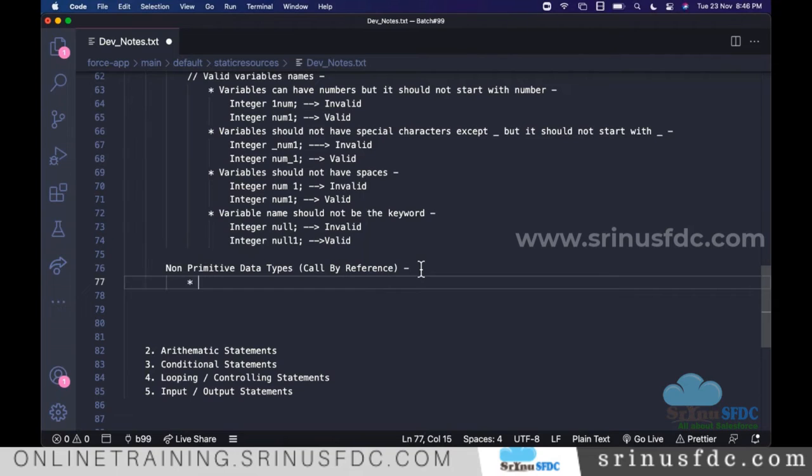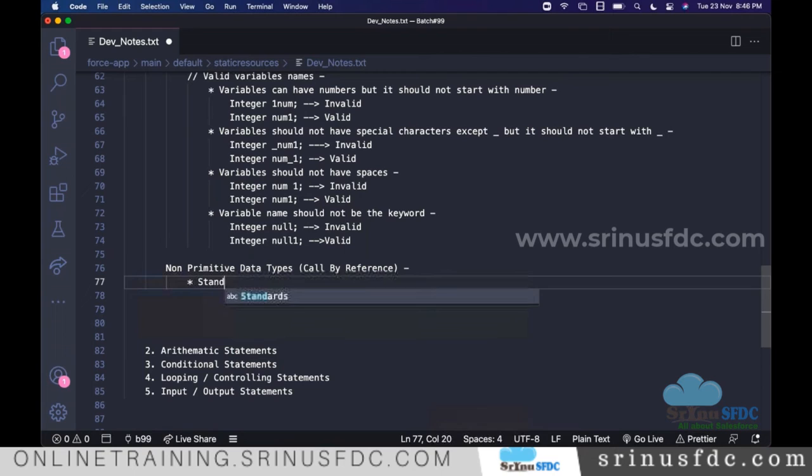One of the types is, you know about the standard objects and the custom objects in Salesforce, right? Standard objects and custom objects are nothing but the database tables. So all the standard objects and custom objects we can consider as non-primitive data types.